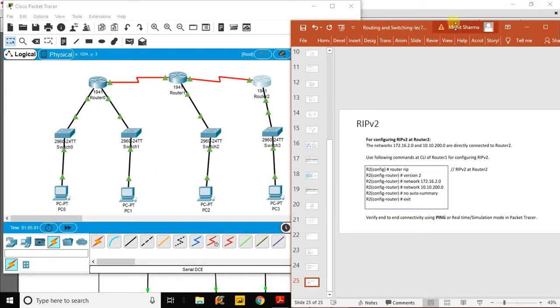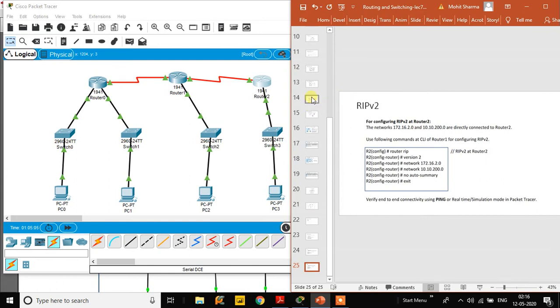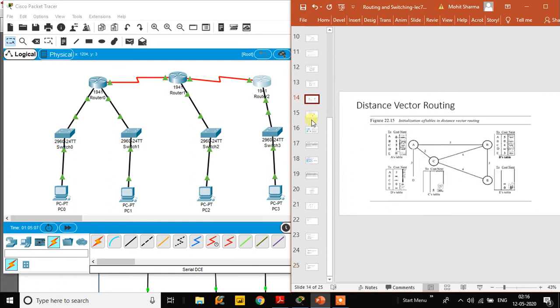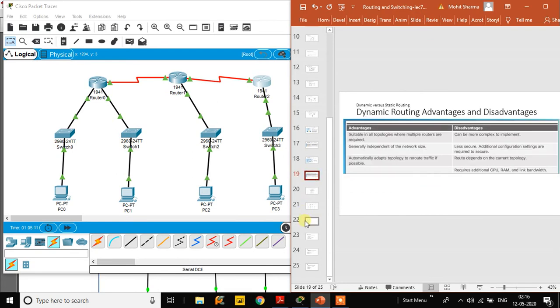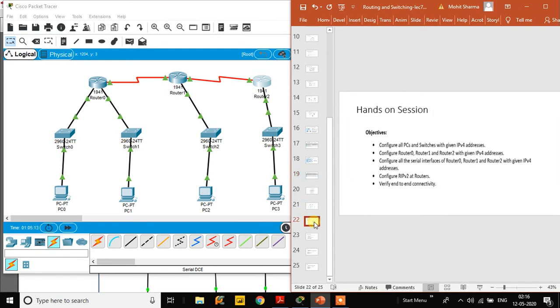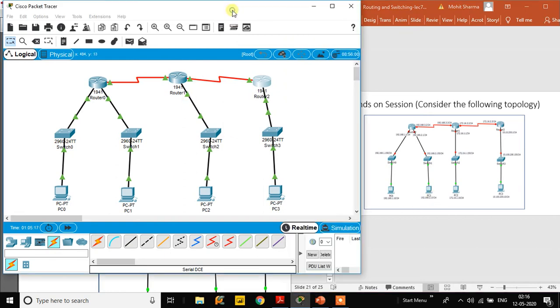So I'll open Packet Tracer now, and because we have used the same topology as static routing, I have already shown you how to configure the IP addresses and all. I've already put the IP addresses, so you can see that all green marks are there. IP addresses are already configured on the PCs and routers. We just have to advertise the